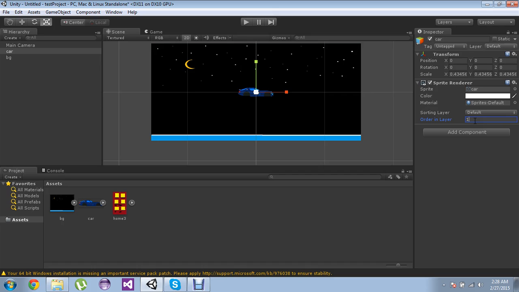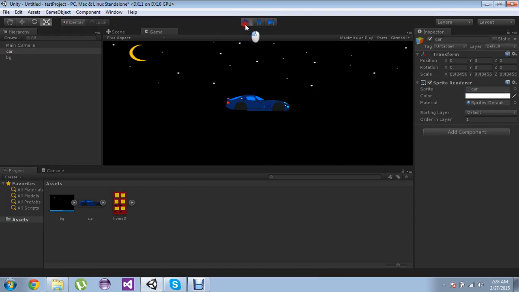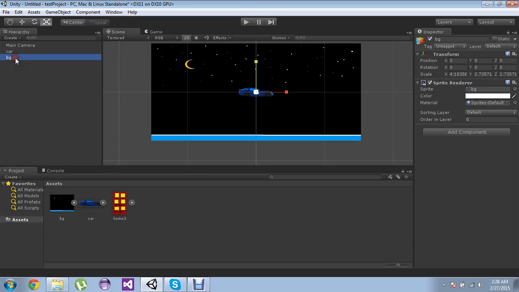So we will just put a 1, so it will seem that, here it is, our car is on the front. But if you hit play, it does nothing because no physics has been applied. So let's apply a little bit of physics. First,